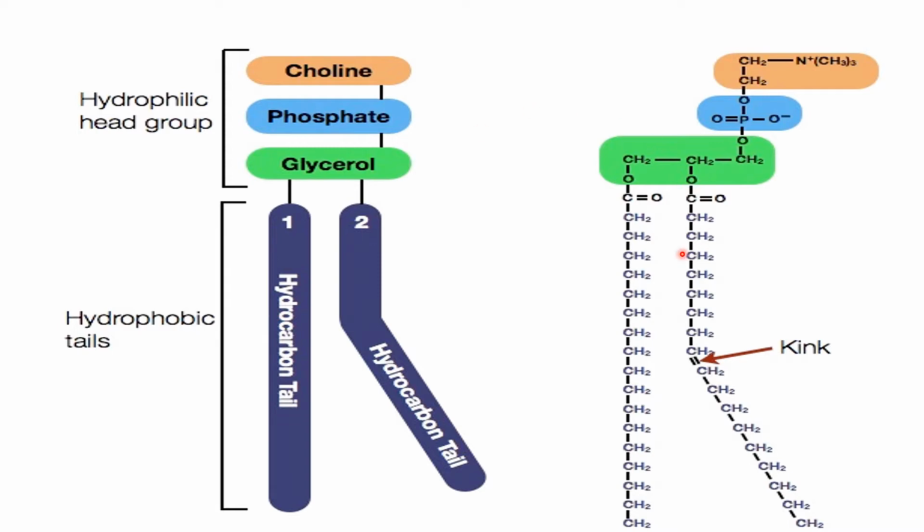And here we can see that on carbon number 1 usually the saturated fatty acid is attached, whereas on carbon number 2 we have the unsaturated fatty acid, and this unsaturated fatty acid has a double bond which is of cis configuration. If you recall the cis and the trans isomerism, in cis isomerism the functional groups are on the same side of the hydrocarbon chain, and you know that these cis